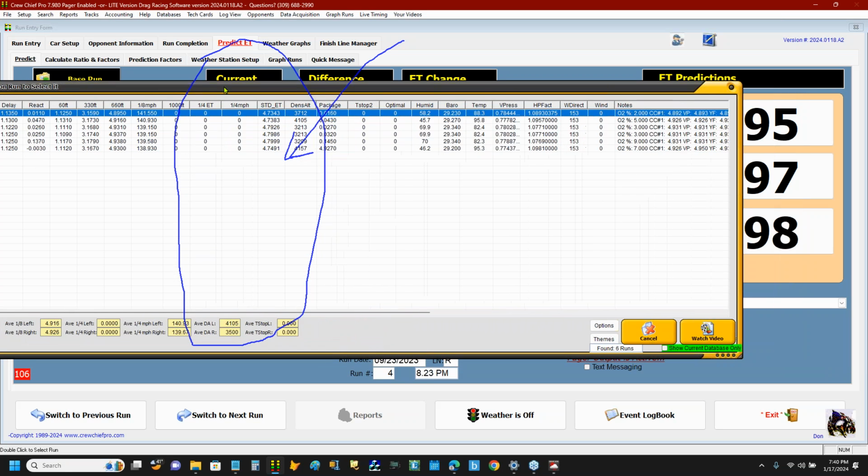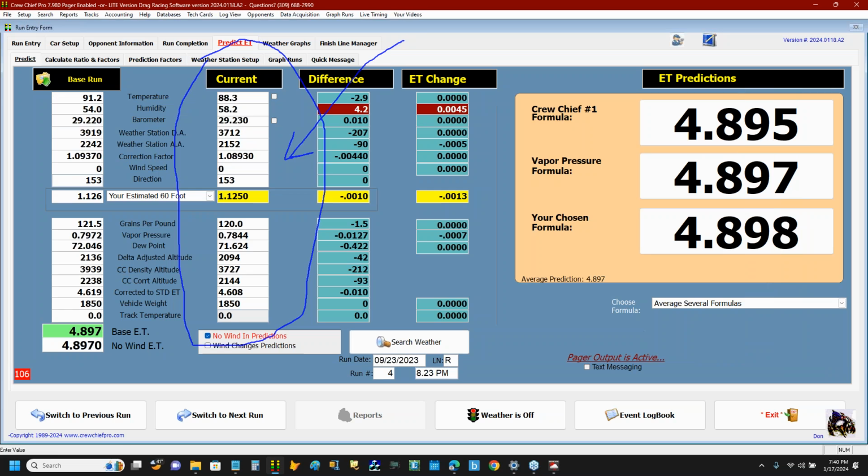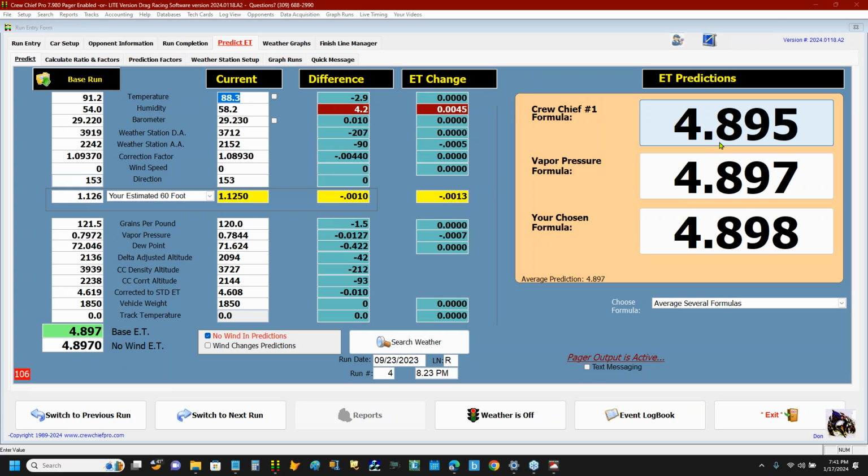Anybody who doesn't think that's a pretty cool feature has never had to go through a logbook and try to find similar runs. No other software program in the world does that. I came up with that on my own a long time ago, and I wish more Crew Chief customers knew that. When I get done with a prediction, first thing I'm doing is right-clicking, or even a cooler feature, I'll